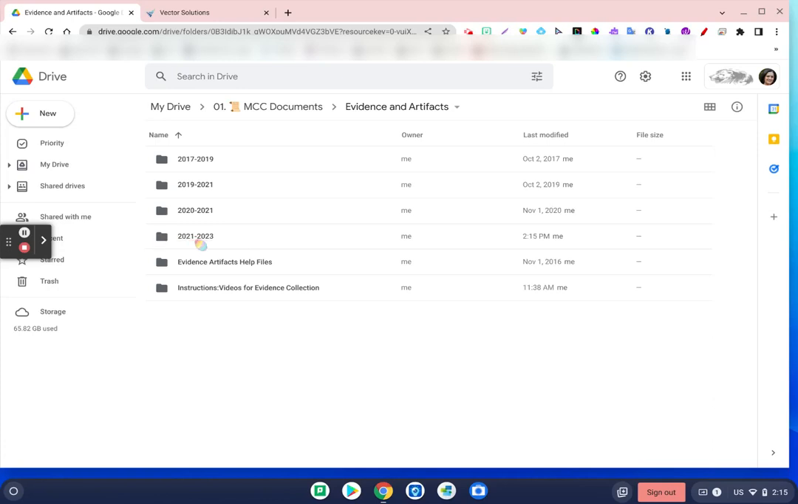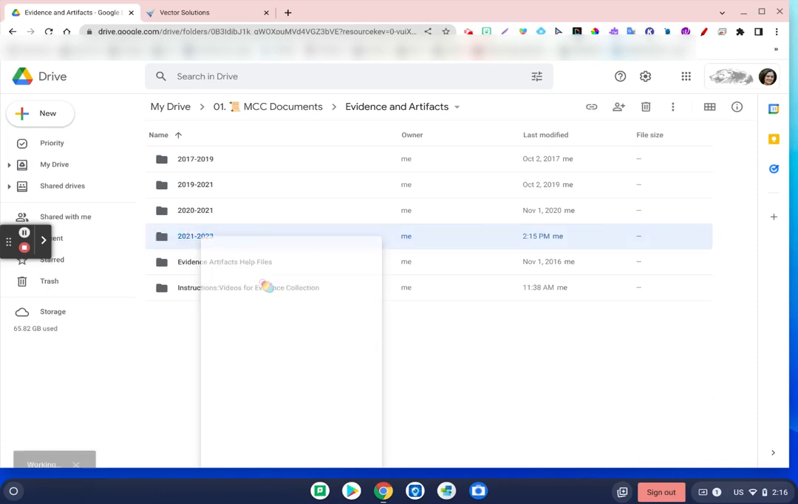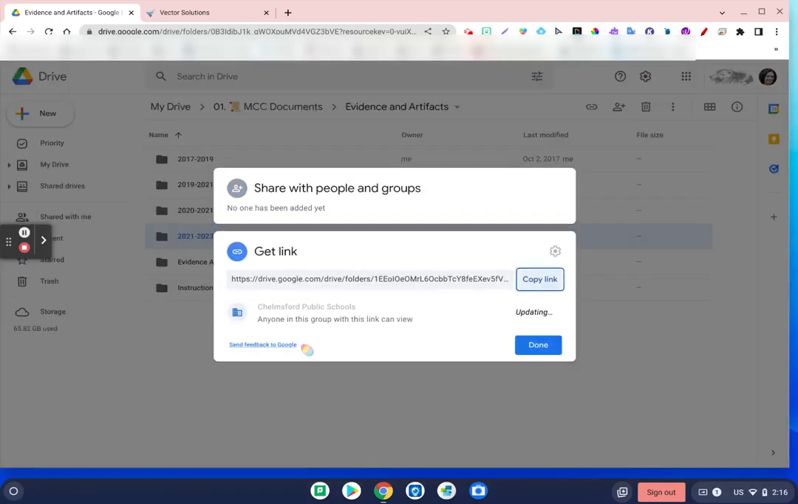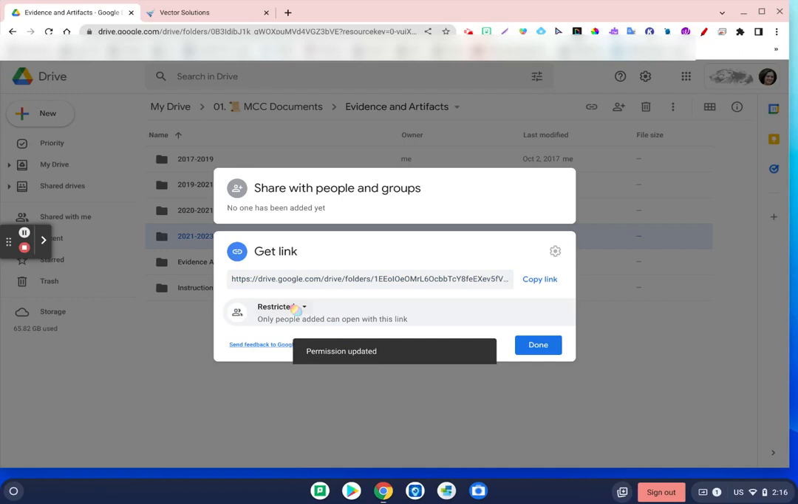and you want to share this entire folder with your evaluator, you can right mouse click on the folder, go to the share button, and change the permissions within the share button to say Chelmsford Public Schools. If you keep it to Chelmsford Public Schools, it means that anyone who has this link within Chelmsford Public Schools can view the content of this entire folder over here. However, if the folder says restricted, then you are the only person who has access to the documents that are